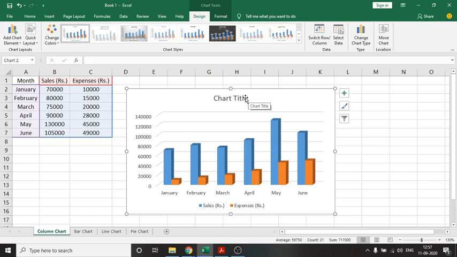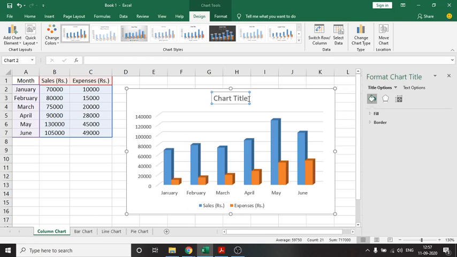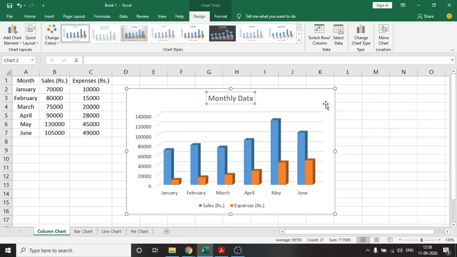I can provide a chart title, so I have to double click on it. Then I will type a chart title. Let's say monthly data. Give it a title. Monthly data. Now you can give any title of your choice. So chart title we have provided. Now one more thing,